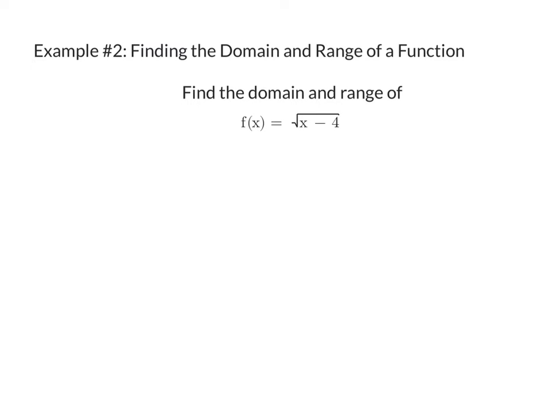So in example 2, we're going to find the domain and range of a function. As I mentioned in a previous lesson, with square root functions, the fact that it does not tell us whether we see plus or minus lets us know that it must just be the positive form of that function. And as a reminder with transformations, if it's -4 and it's under the radical sign, then it means it moves to the right 4 places. So 1, 2, 3, 4 to the right, and like that. So if I want to talk about the domain for this function,